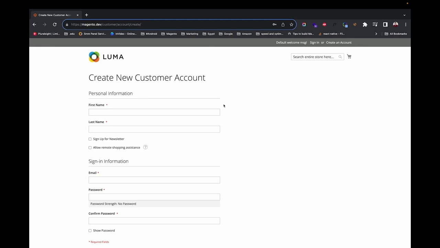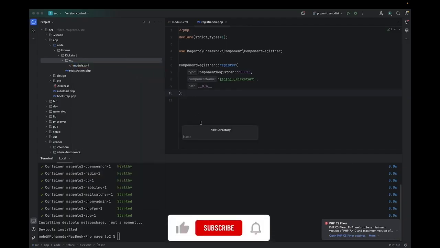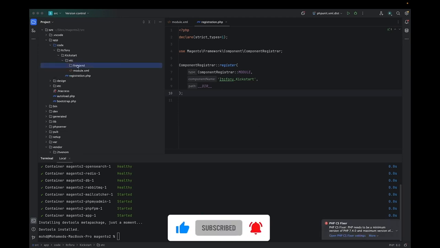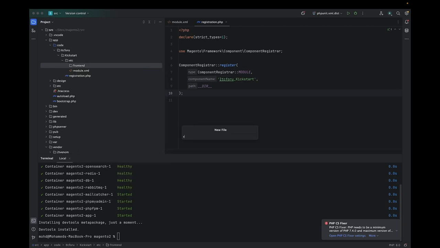For handling frontend requests, a frontend folder is established inside the etc directory. We will create a new directory here named frontend, and then we will create a new file named routes.xml,